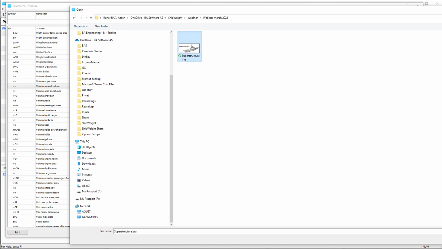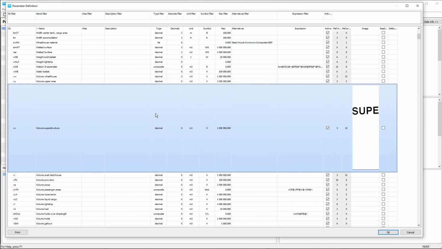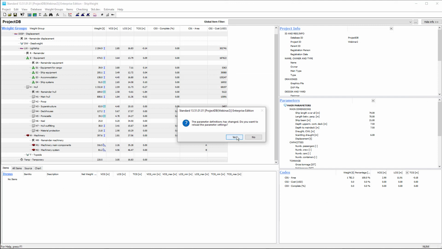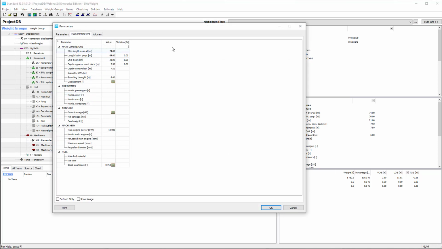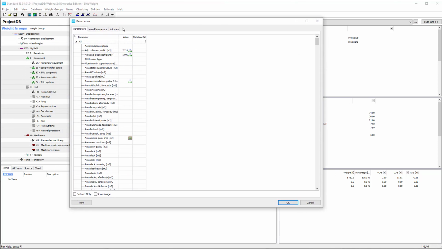I'm going to use this one. So this is just an example picture showing how to define the superstructure, in this case on an aircraft carrier. So if I now assign that image to this parameter, then whenever someone is using that parameter in a method or finding it just here in the parameter window or somewhere else,